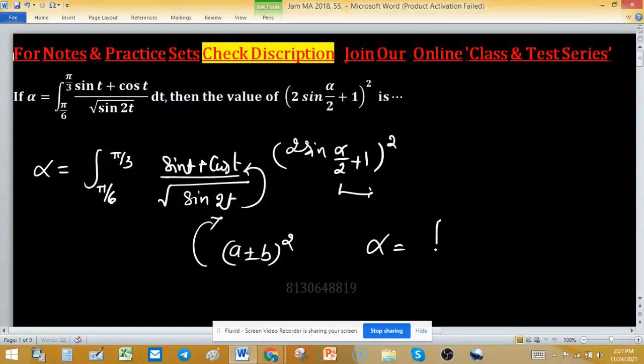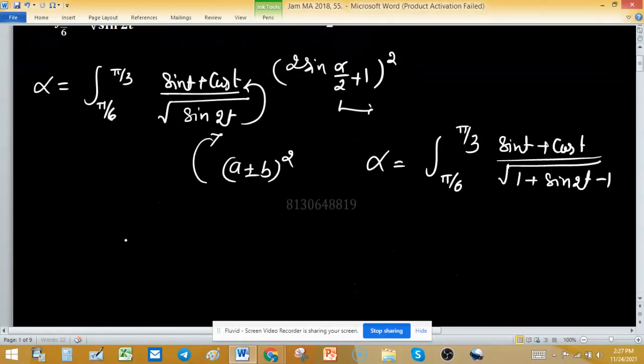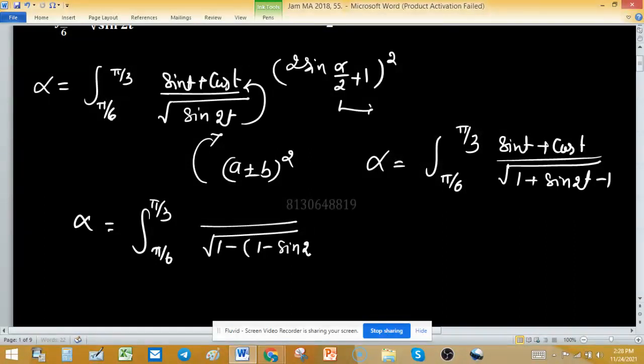So to make this a whole square, I want to add and subtract 1 in the denominator. So this alpha can be written as the integral from pi by 6 to pi by 3, and the numerator part is sine t plus cos t, and in the denominator 1 is subtracted and 1 is added. So 1 plus sine 2t minus 1, and this denominator I can write in this format, minus, pi by 6 to pi by 3, and the numerator part is the same, and the denominator part I can write 1 minus 1 minus sine 2t,